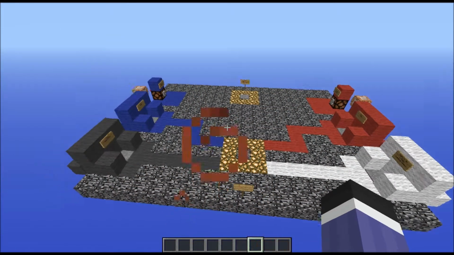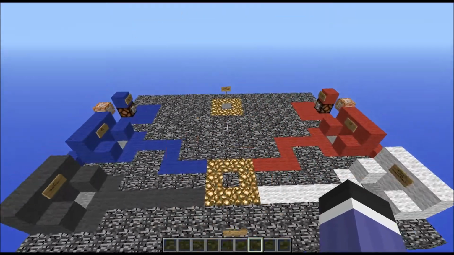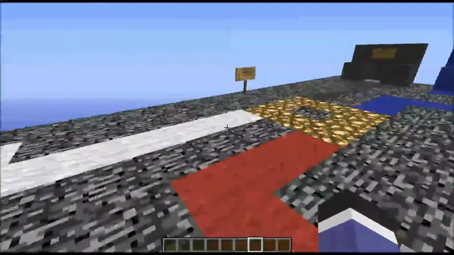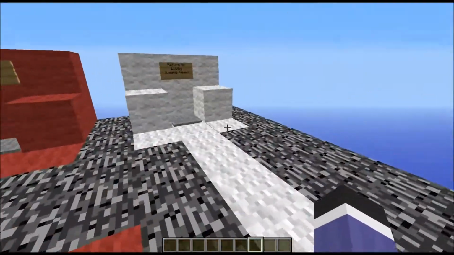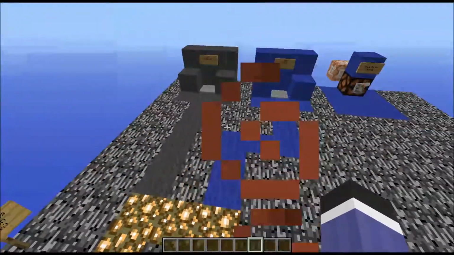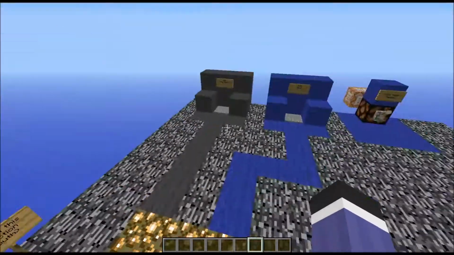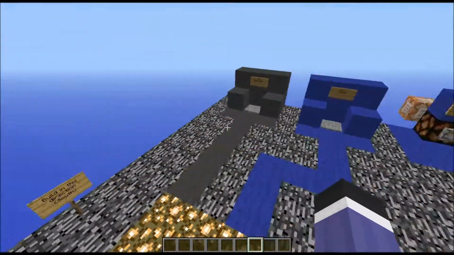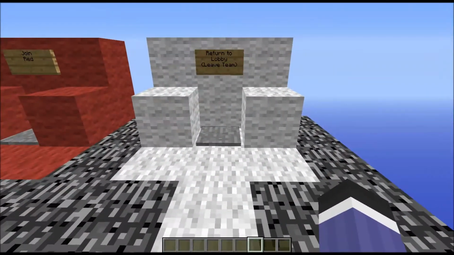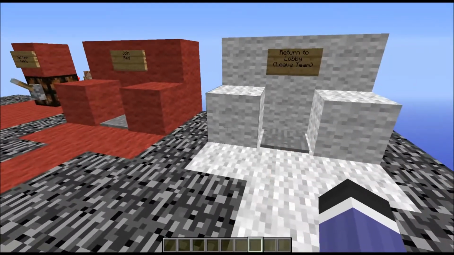Anyways, you notice I've touched up the lobby a little bit. I've added these little pathways so people know which way to go. One of the early problems I had with the lobby in adversity was that people didn't know where they needed to go to join teams, where they needed to go to return to lobby, where they needed to go to join spectator. So I put the pathways on the ground, surrounded the pressure plate with a nice comfy looking couch,